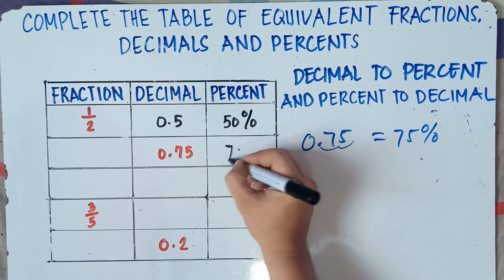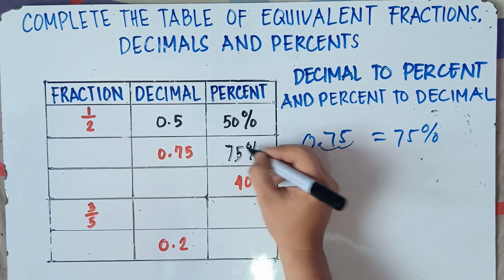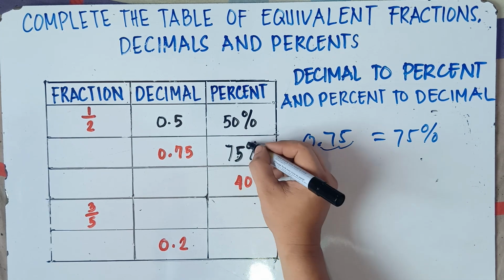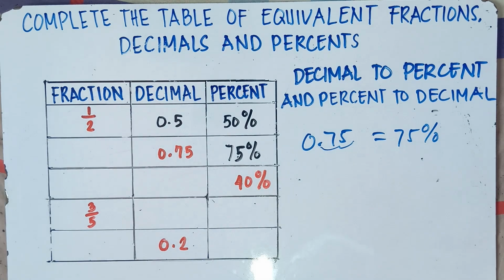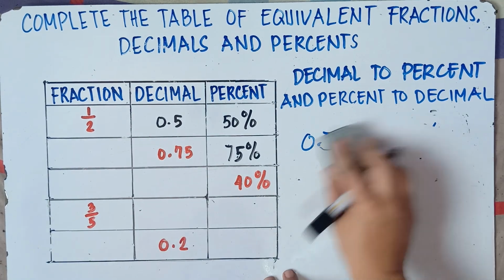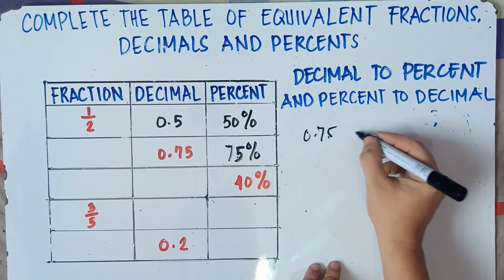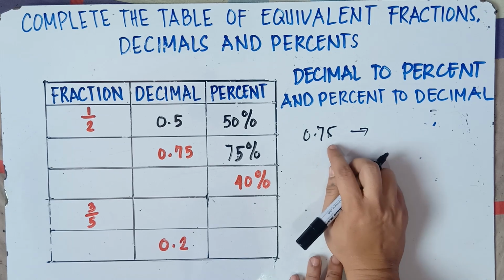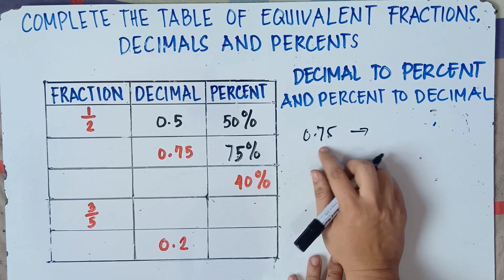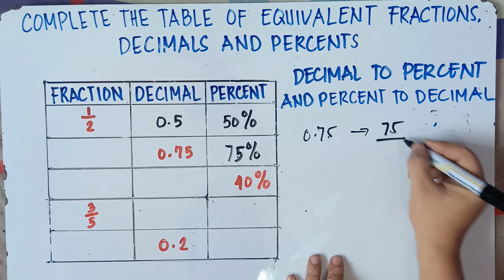Easy, right? Once you master this one, class, it's very easy for percentage increase and decrease. Now, how will you convert this one into a fraction? Once again, 0.75, convert into a fraction. We know that we have tens, hundreds. Place value, that would be hundredths. So 75 over 100.